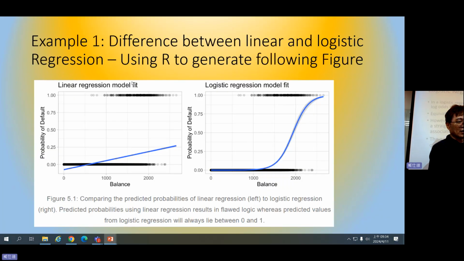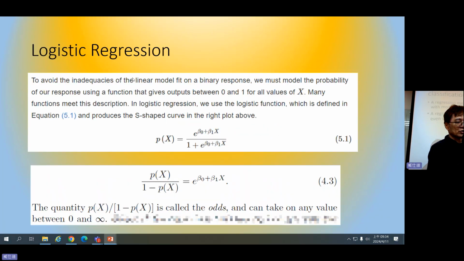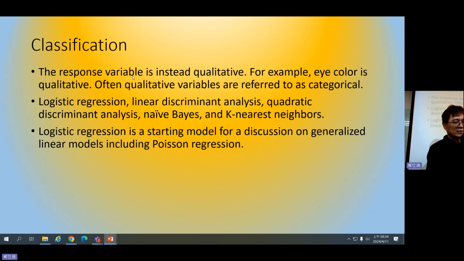Okay, so last time we talked about logistic regression. Basically what we are doing here is covering one topic, classification. Classification is very important in our data analysis. Actually, there are so many approaches discussing classification. Here, this chapter, chapter 4, is focused on classification.